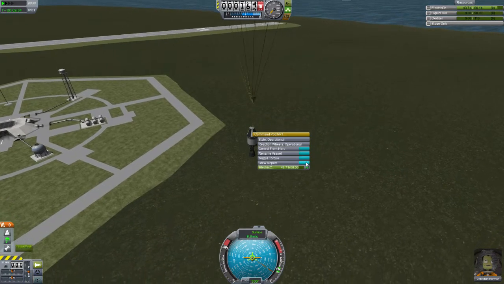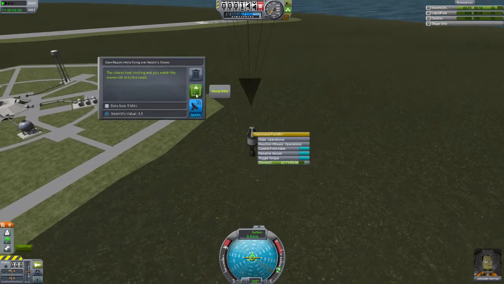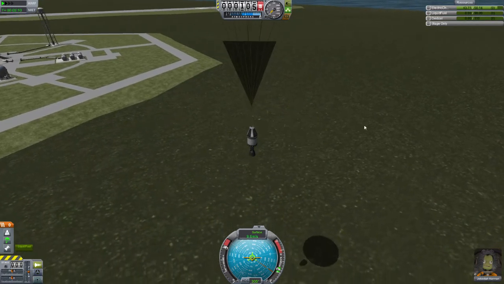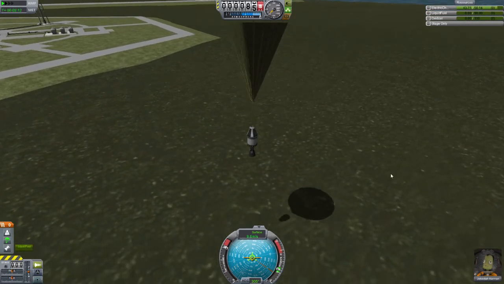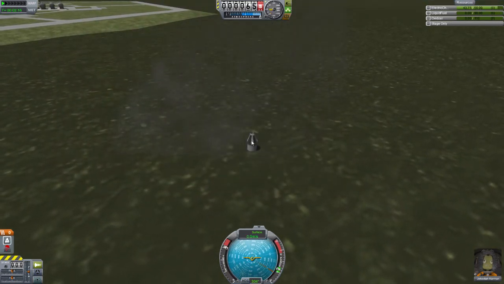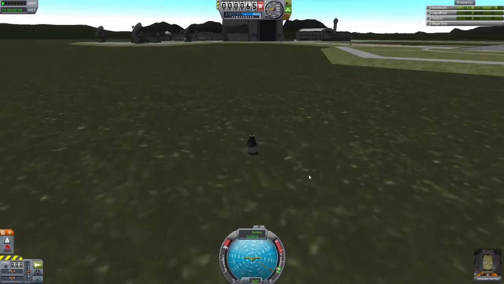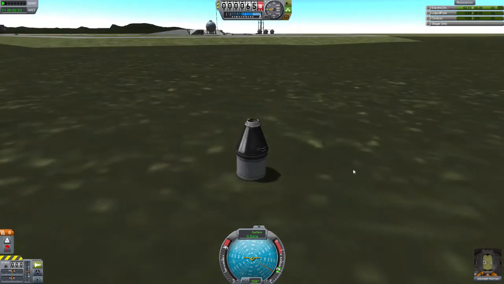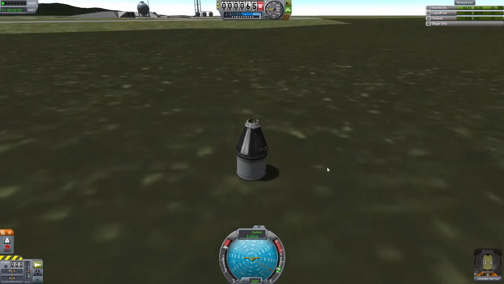Oh, I forgot to do science. Let's just do that for now. Just recovering this will be enough science to probably get us to the second stage. Okay, and there we go. Yeah, it only broke the engine. Still have the liquid fuel container intact. And so now,